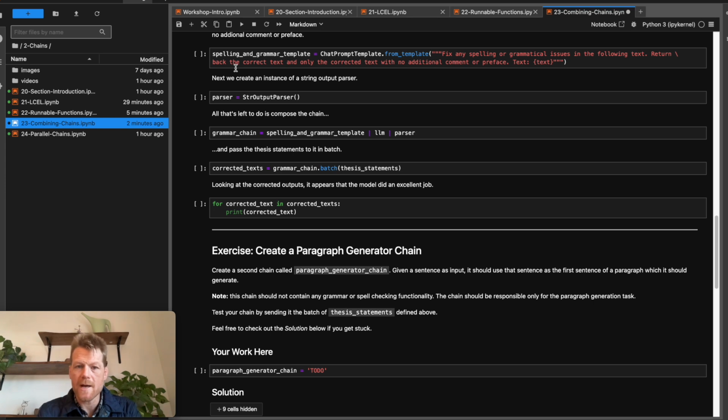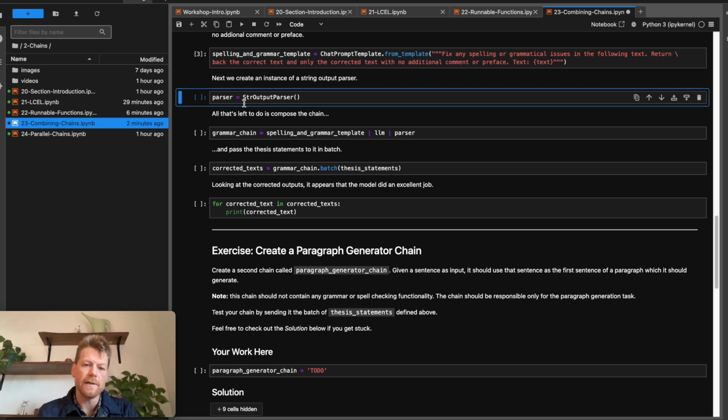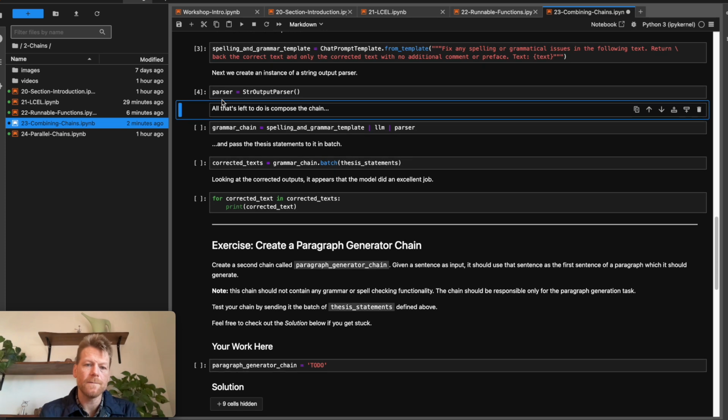Return back the correct text and only the corrected text with no additional comment or preface. And then we say text is here, and we parameterize text. Now that we have that prompt template, we're also going to need an output parser, which we define here. And with that in mind, because we already have our LLM instance defined, we're ready to create a simple chain